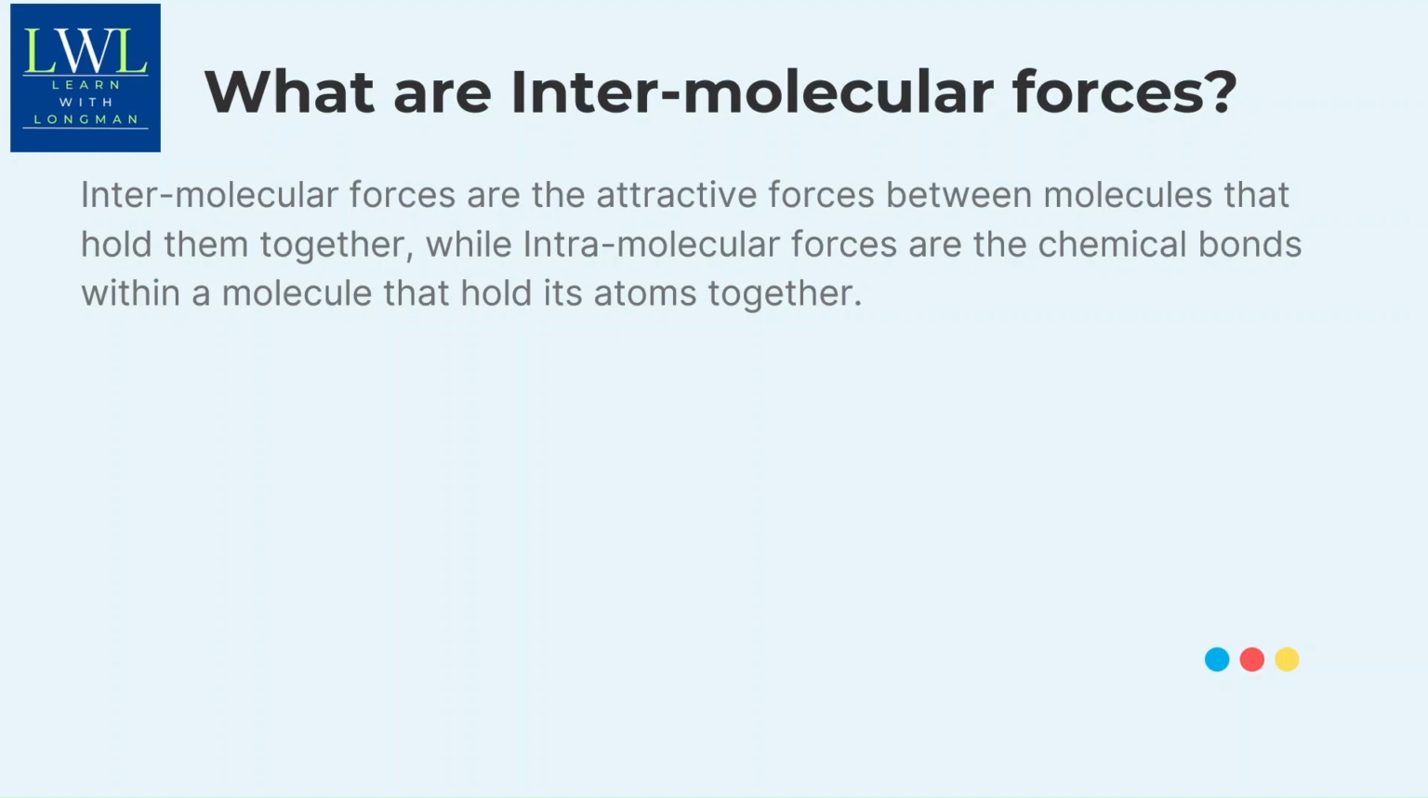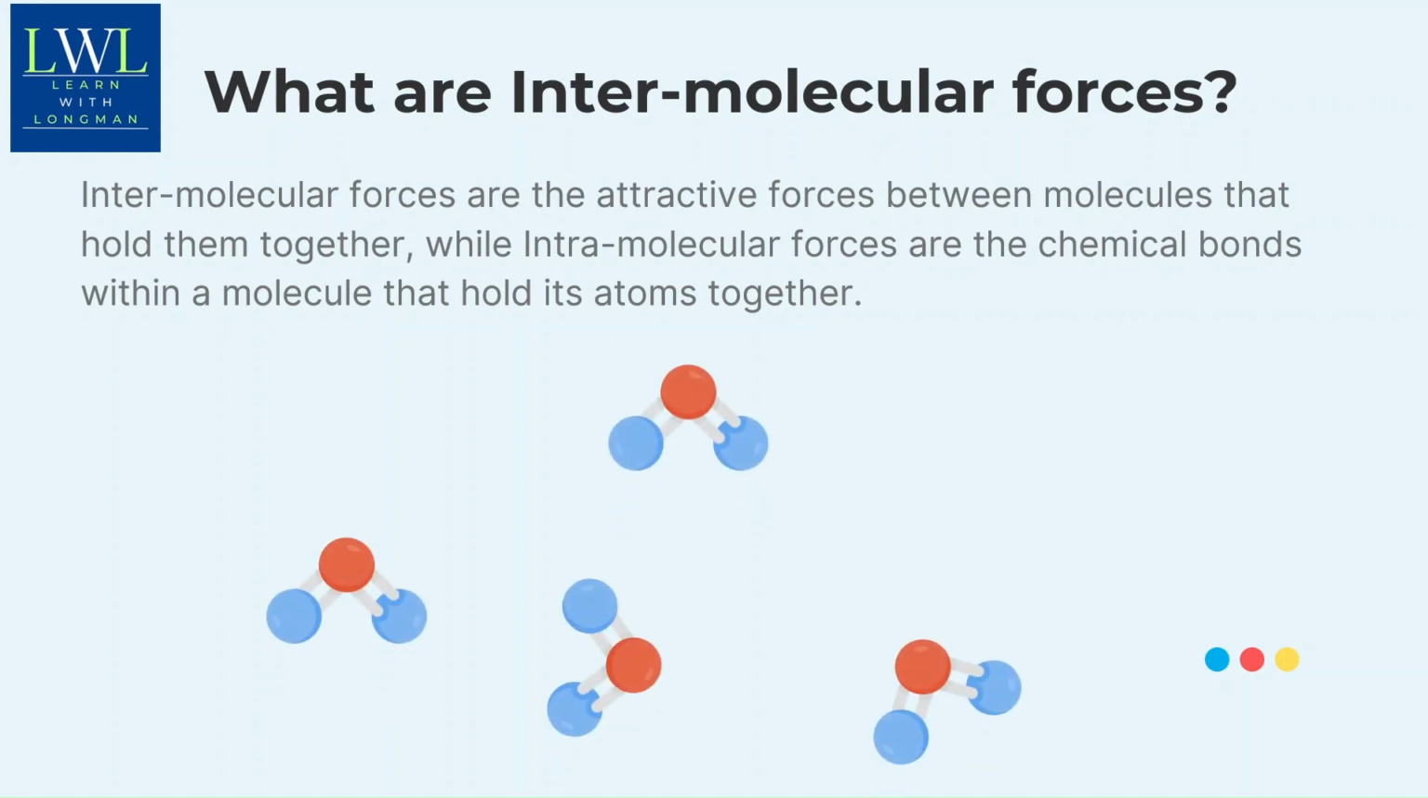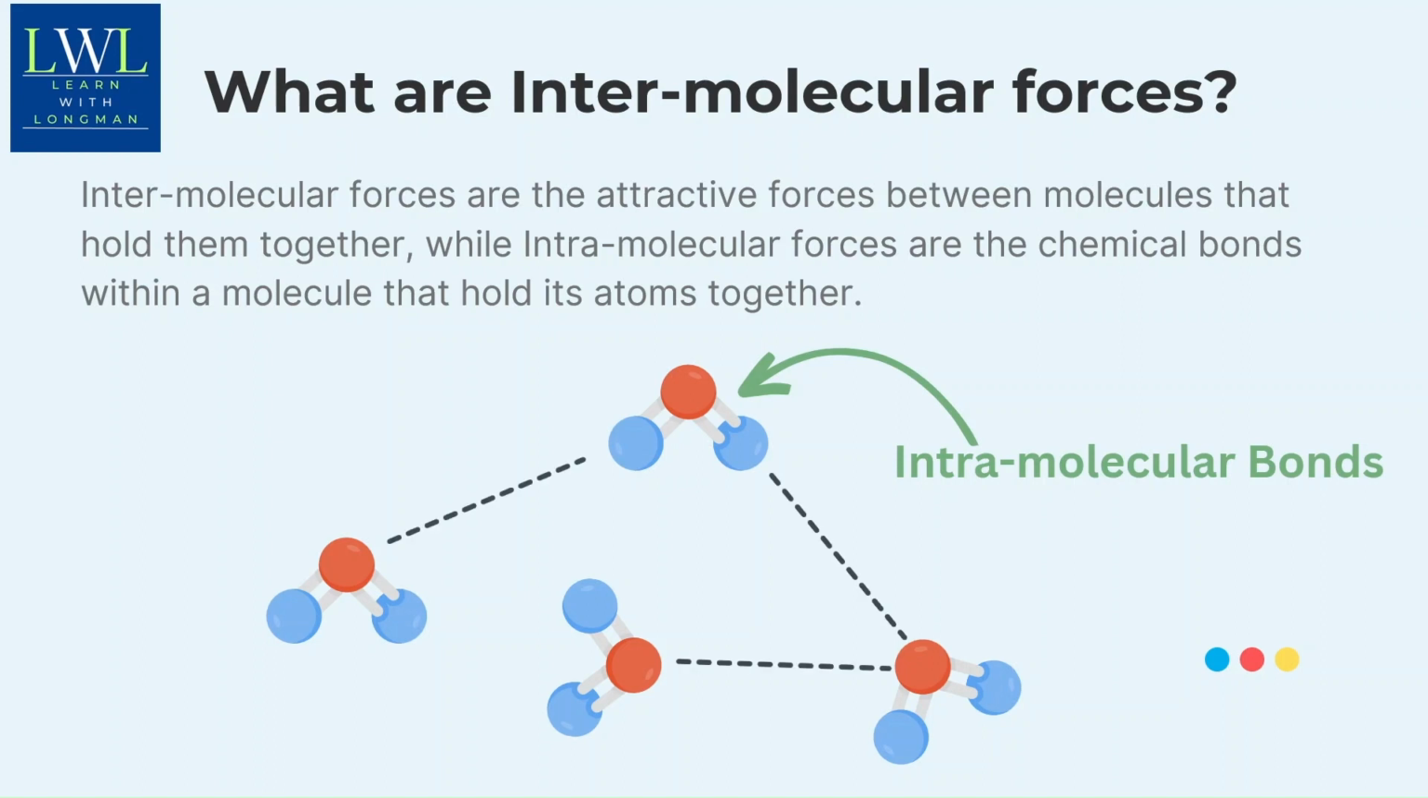Let's step into the realm of carbon dioxide gas, which is composed of separate carbon dioxide molecules. In each molecule, carbon and oxygen atoms unite in an intricate dance of covalent bonds. These are intramolecular bonds. If we look between the molecules, we will also see that weaker forces delicately draw the carbon dioxide